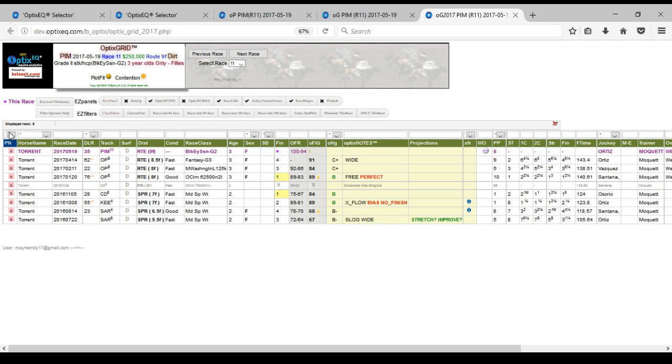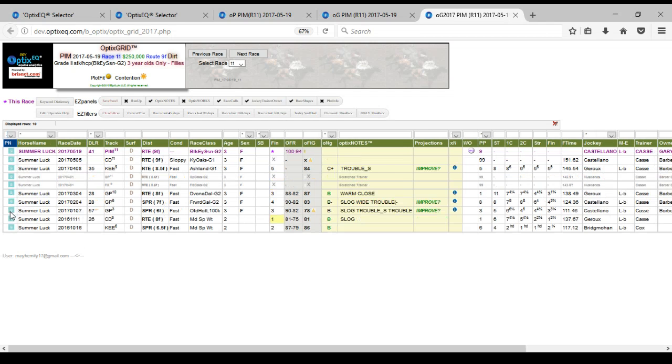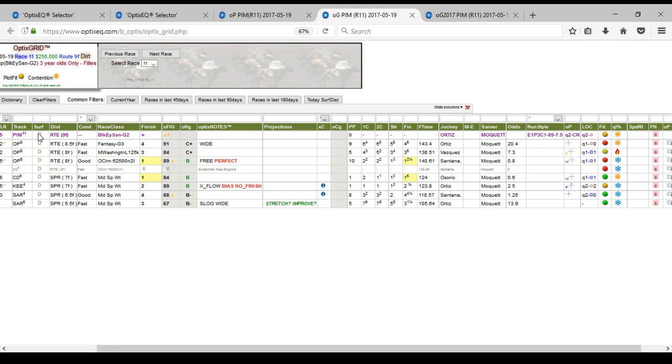You can make a case for her. Number 9, Summer Luck. Didn't draw into the Kentucky Oaks. Back at Keeneland, the Ashland grade 1. Bothered at the start and does have an improve. Let's pull up the note on...